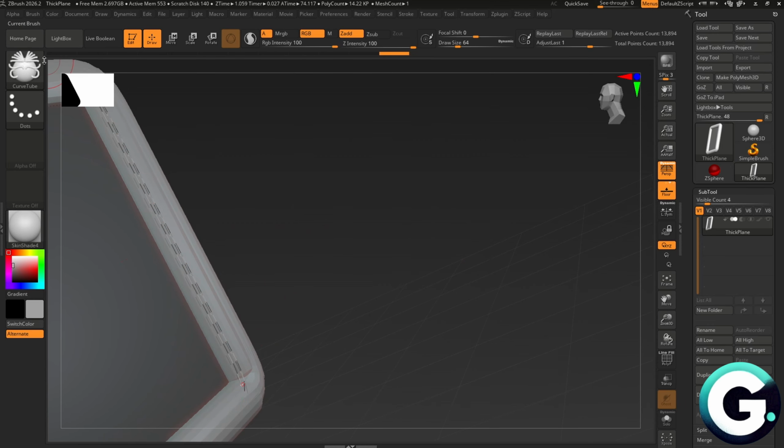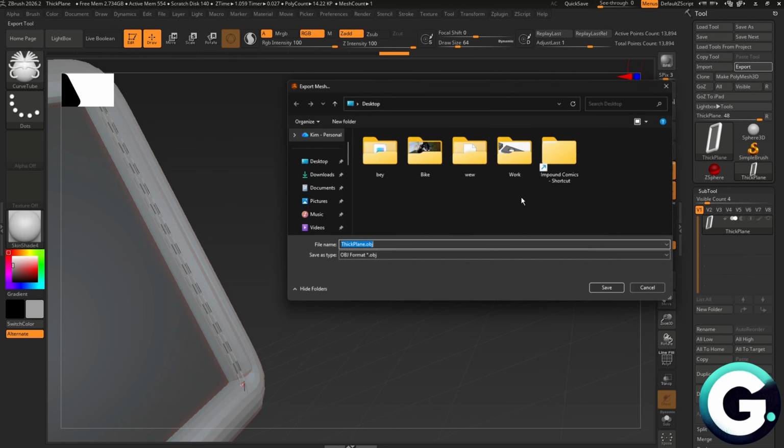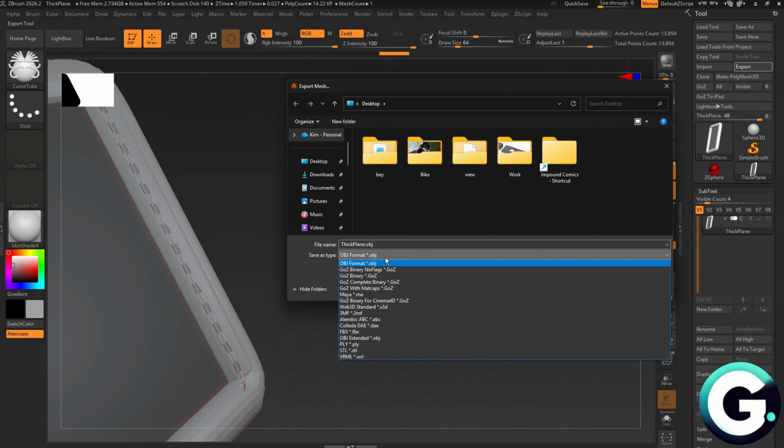And now to export it, basically there's two ways. We could click on this menu and then select export, or you can just navigate through the top right corner of your screen and then select the export option. Now, the only thing that you have to do is to select your file name, and then from here, you